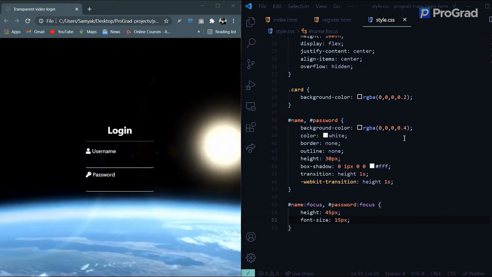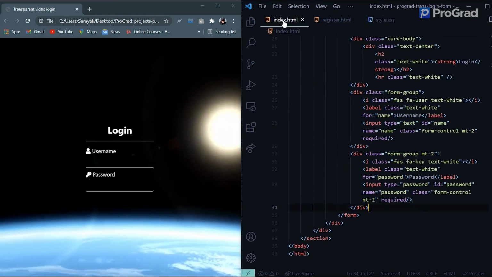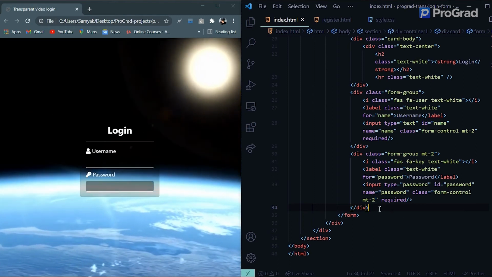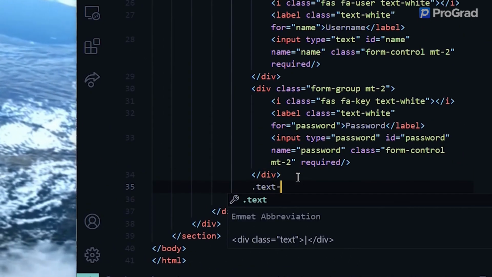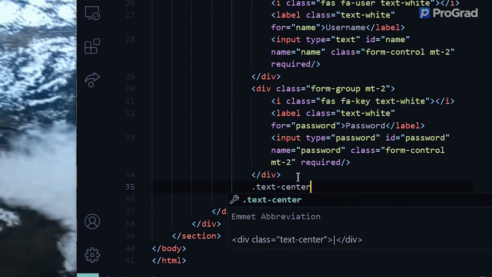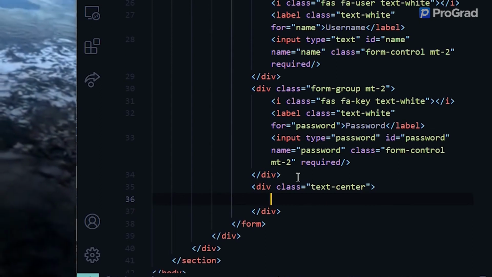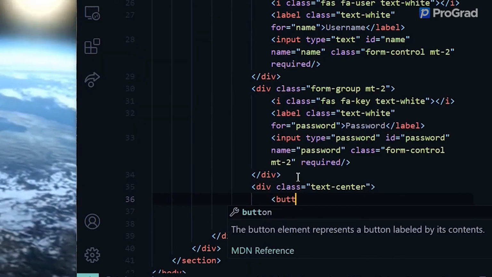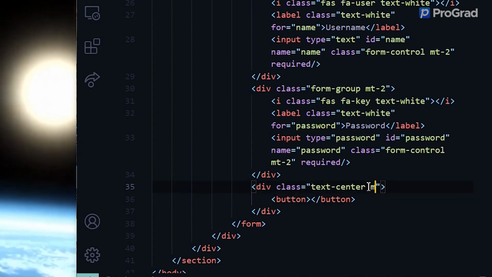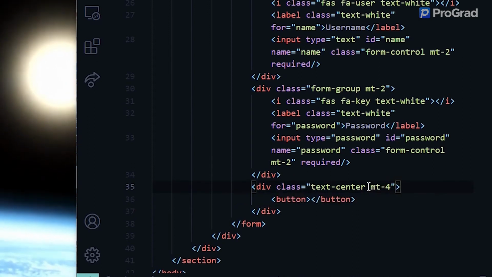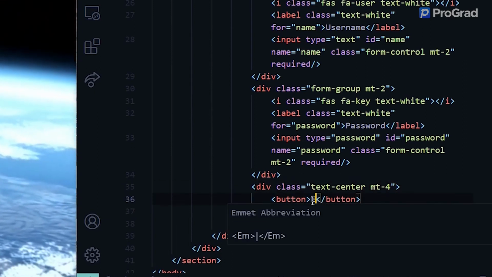Let's go back to our index file and add a div for our button and the link for the registration form as well. So let's create a div with a class name text center. Inside this div, let me add a button tag, and I want some margin top in here. The button should read enter,